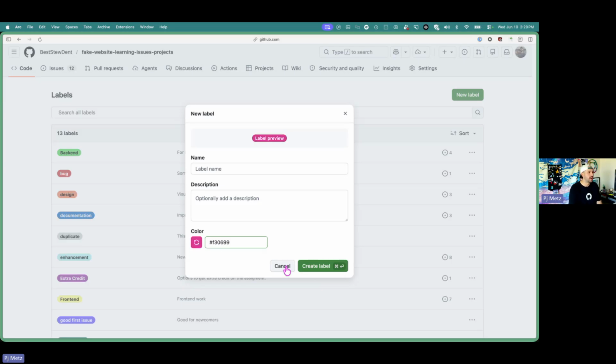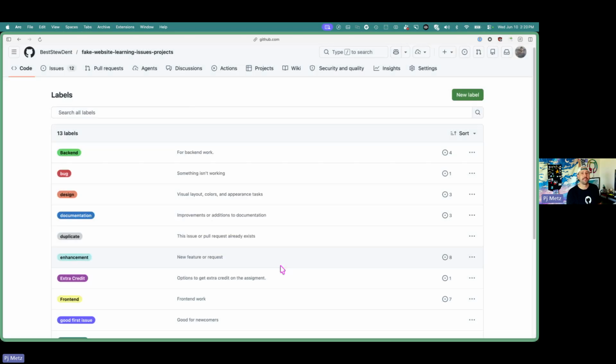I'll say that for my purposes, when I have a lot of labels, I color code them to mean different things. So for my program that I run at work, the students are running events all over the world, and the labels that we use inside of that project are for the country that the event is going to be happening in. All the countries are blue. All the labels that are about an action a GitHub employee has to take in order to help the issue are orange. So color coding them where similar things are a specific color is another great way that you can manage your projects and your work inside of GitHub.